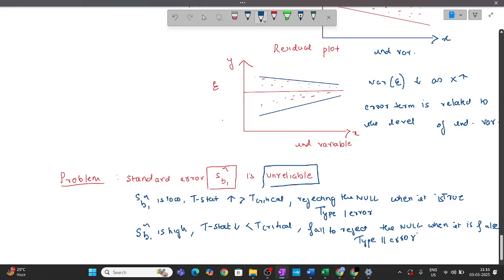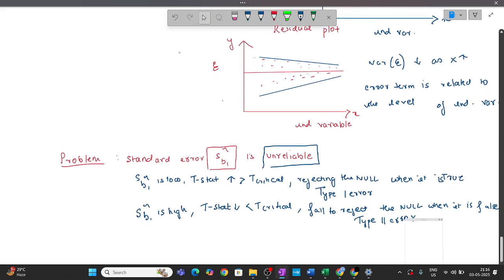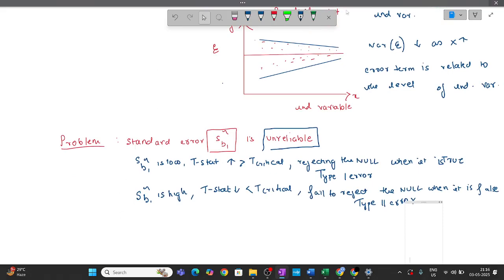ठीक है ना? We may fail to reject a false null. Type 2 error. Right? तो फिर उसके बेसिस पे, क्योंकि स्टैंडर्ड एरर्स अनरिलायबल है, तो हम लोग कोई भी टेस्ट करेंगे, टी टेस्ट, एफ टेस्ट, everyone is going to be unreliable. तो ये लिखो, अगर ये स्टैंडर्ड एरर ही गड़बड़ है तो टी टेस्ट एफ टेस्ट सब बेकार है ना। T test and F test also is unreliable,